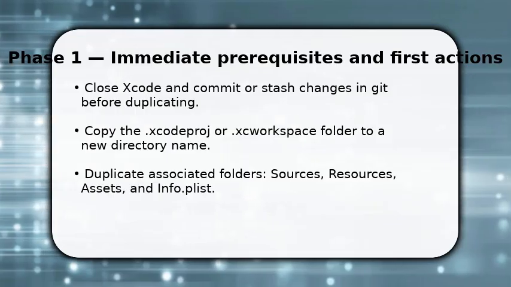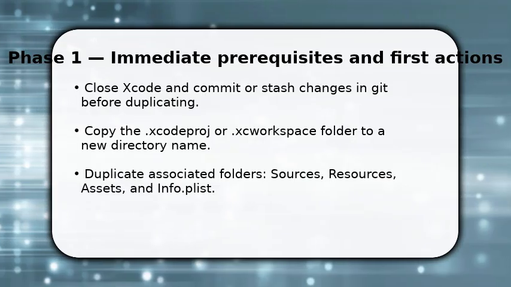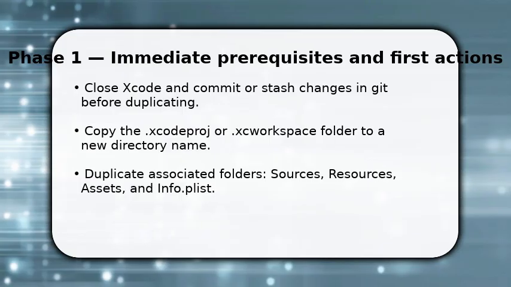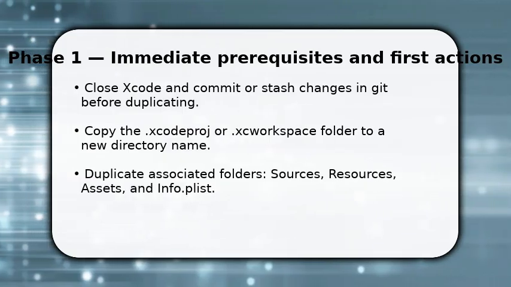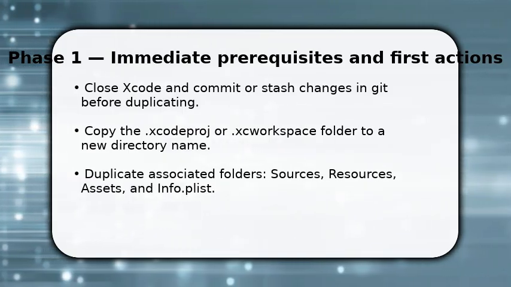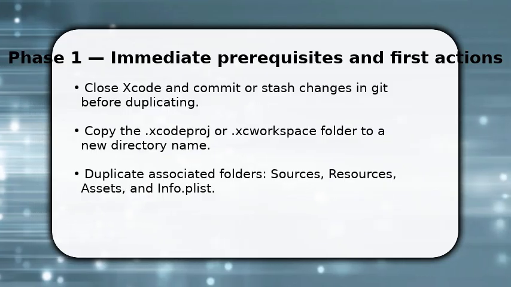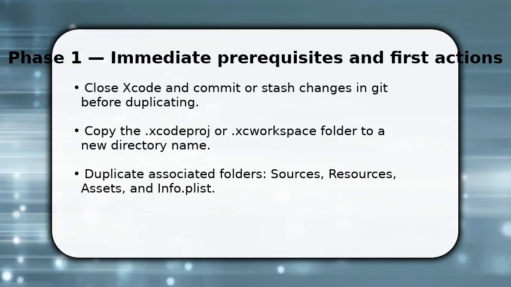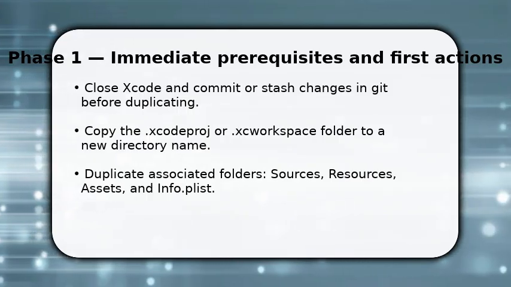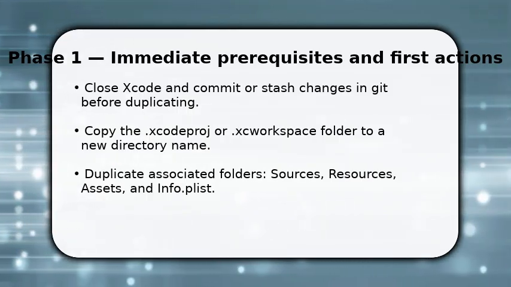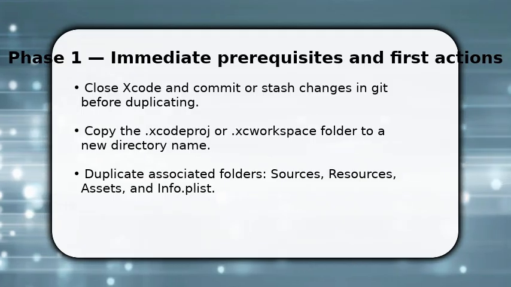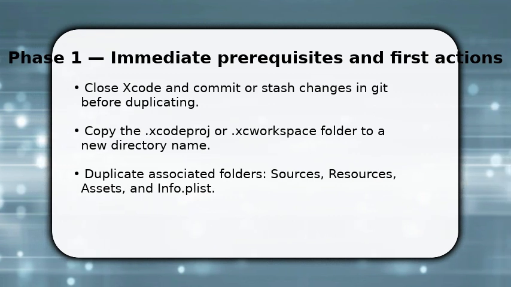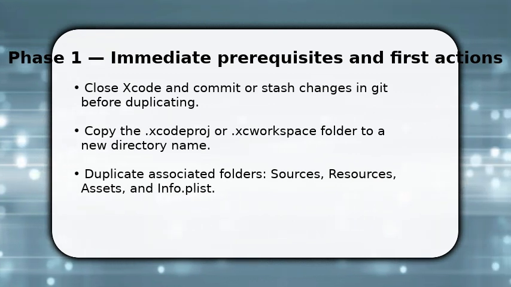You start by ensuring a clean working state, so commit or stash local changes and close Xcode. Then copy the entire Xcode proj or XC workspace and the project folder to a new directory name. This preserves build settings. Make sure you also copy source folders, assets, xcassets, and Info.plist files, otherwise targets will break. Once done, open the duplicated project in Xcode to begin adjusting identifiers and references, so the copy becomes an independent,